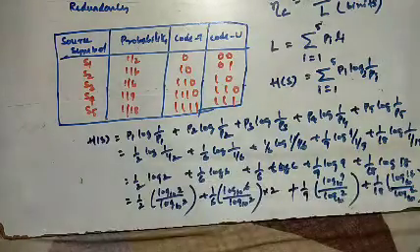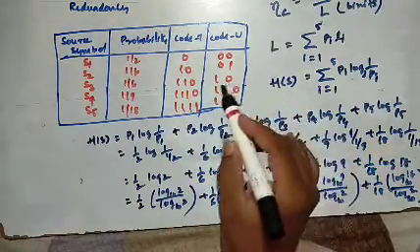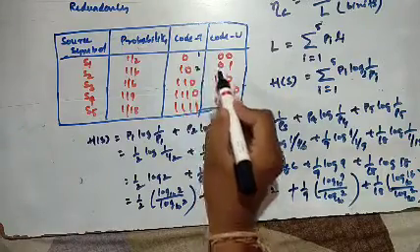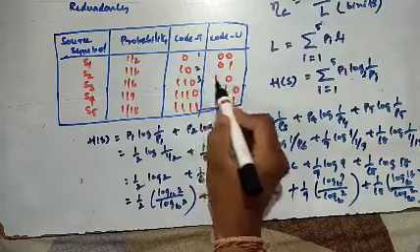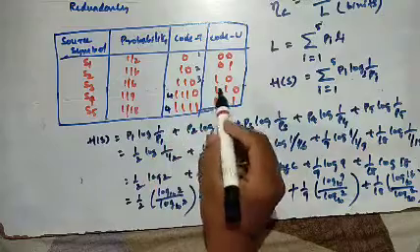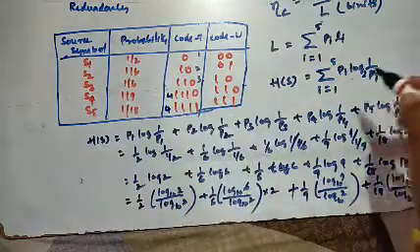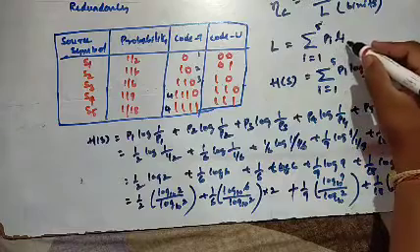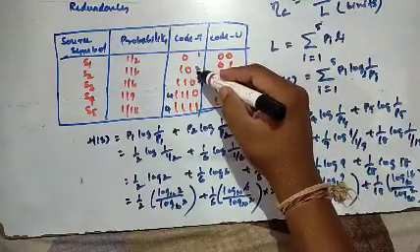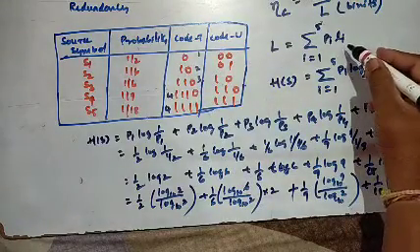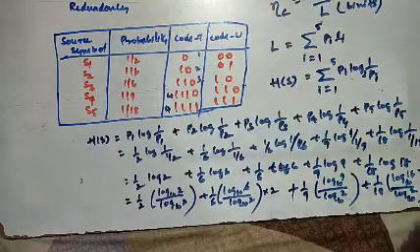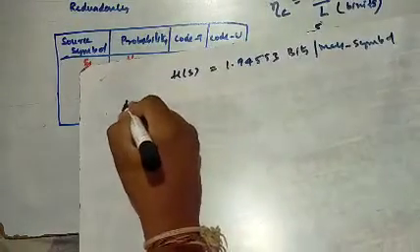Okay, and I will write the length of the code. For S1 the code is 1, the length is 1. For S2 the length is 2. For S3 the length is 3. For S4 the length is 4, and S5 the length is 5. Okay, these are individual lengths. Whatever this Li means, when I is equal to 1 it is L1, that is length of code 1. When I is equal to 2, that is L2, length of code 2. When I is equal to 3 it becomes L3, the length of code 3. So to find the average length,